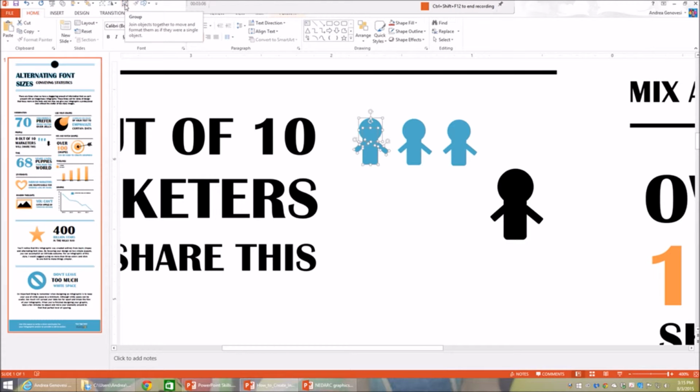I have the group located on my quick access toolbar. Control G is the shortcut for grouping. And if you do have it on your quick access toolbar, you can just click on group there. So we can do that for each one of these. I'm going to group, and group. So now each of these is considered a whole group, but I still have the ability to edit